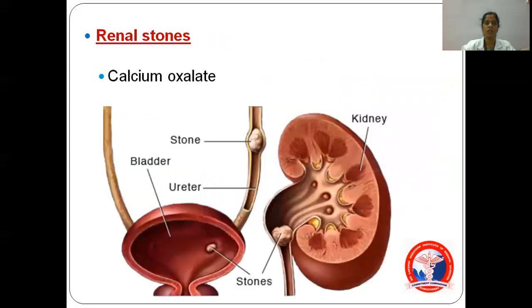Renal stones. How are renal stones formed? Mostly it is due to calcium oxalate. The renal stones may be seen near the renal sinus, within the pelvis of the ureter, or within the ureter. They may pass through the ureter or be seen in the urinary bladder also. Those persons will have pain, and urinary tract infection also will be there. The pain will be very severe if the stone is in the ureter. Okay, so this is about renal stones. This is the most common condition.